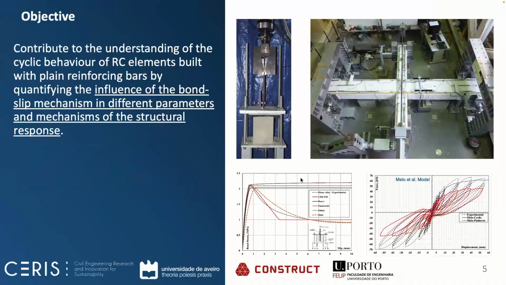So to conduct this work, we have focused on two things that I will discuss here. First is a group of tests that we conducted on reinforced concrete specimens with pull-out tests to characterize the bond slip behavior and to find parameters for these models. What are the parameters, or how can these models adjust to our pull-out tests. And then, based on some of these parameters, we try to apply